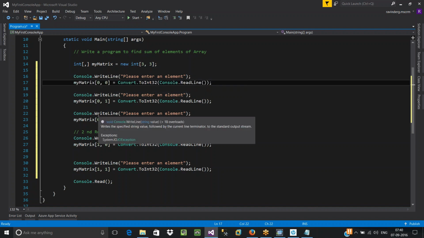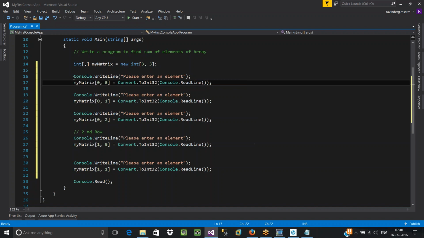So what is the ideal methodology here? Don't write the same statement again and again. If the same statement is getting repeated at different times, don't write it again and again, because it will duplicate your logic and increase the complexity. So write this statement only once and repeat its execution different times based on your requirements. That's why I don't want to write the same coding again and again for each and every element.